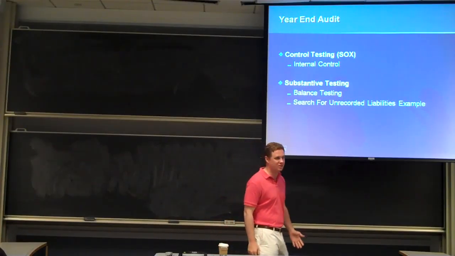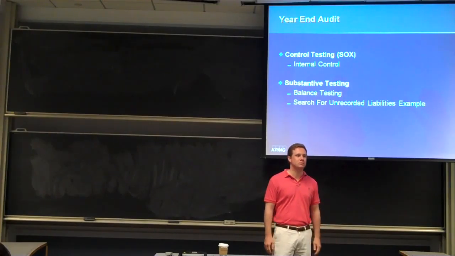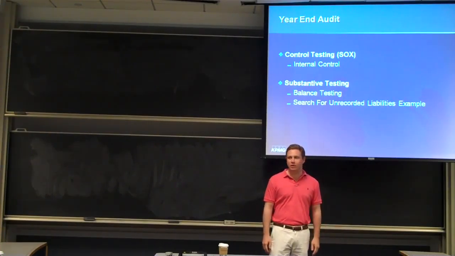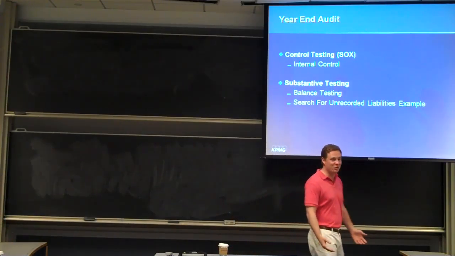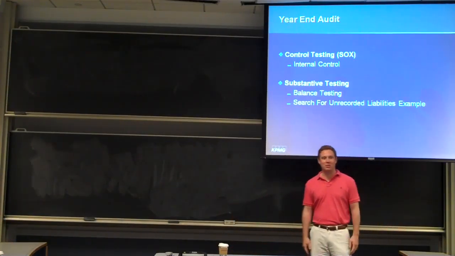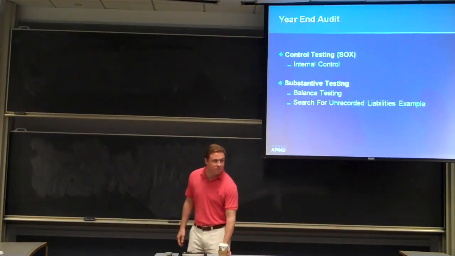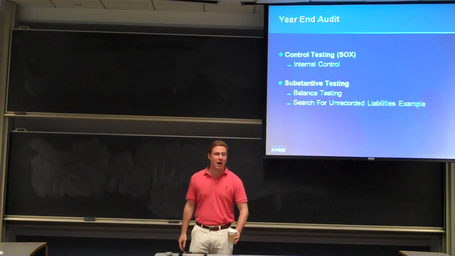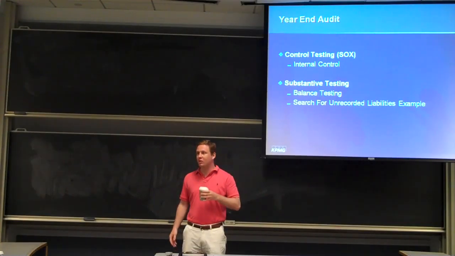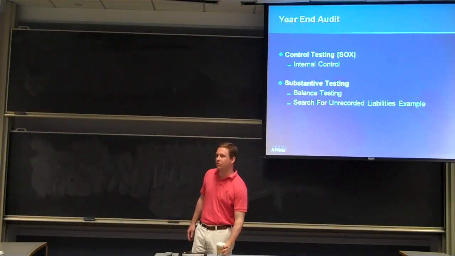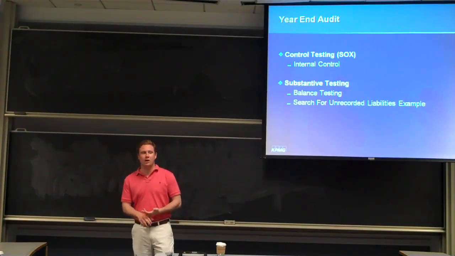Sarbanes-Oxley Act. Has anybody heard of that? SOX. Has anyone heard of Enron? Yeah. What happened at Enron? Why did people go to jail? Because they didn't report their financial statements correctly. More than that, not just by error. Fraud. So they were fraudulently reporting their financial results to a pretty extreme degree, and that's among other things.